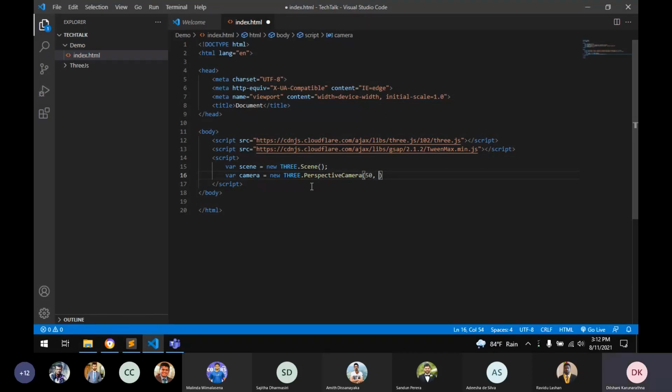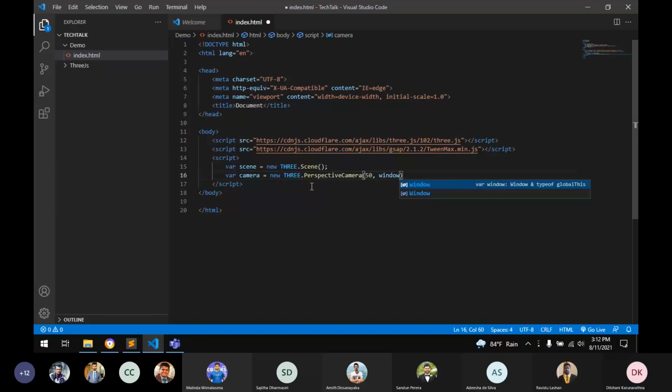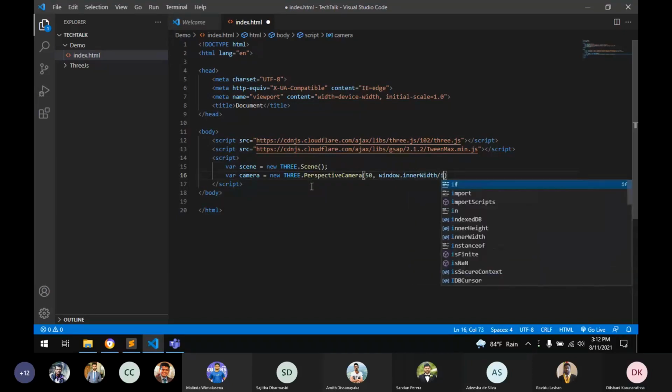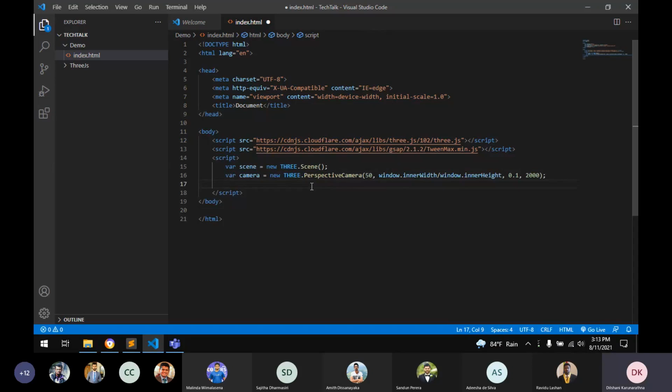Aspect ratio, normally we use the width over the height. And then we need to have a renderer.